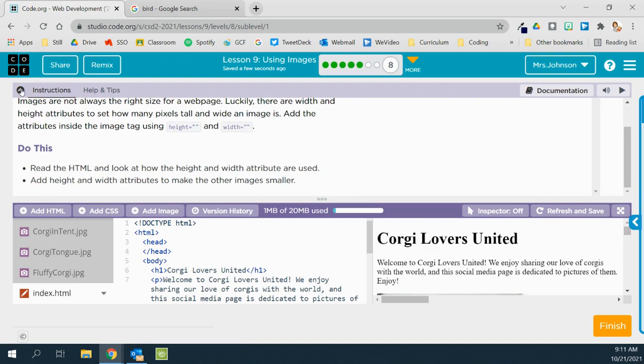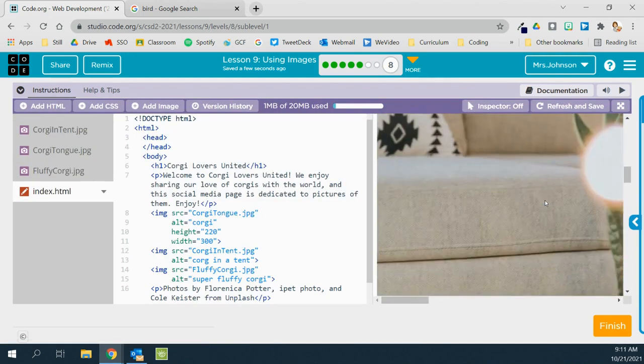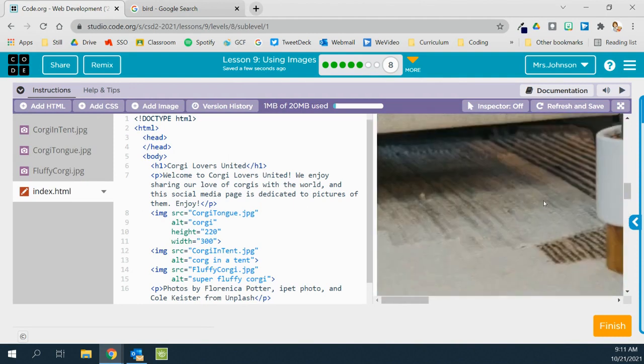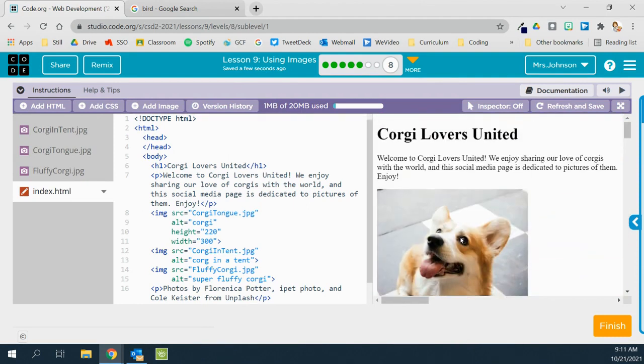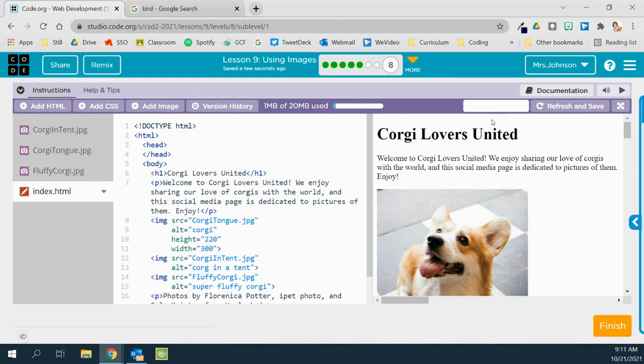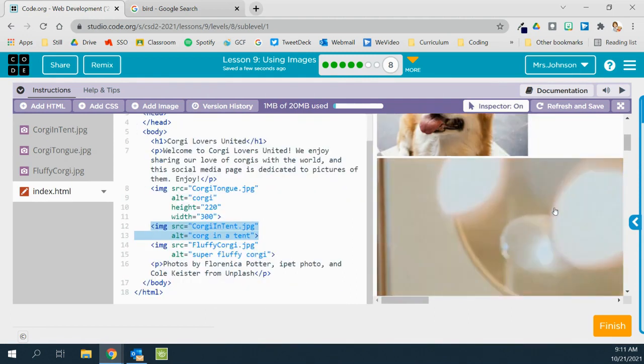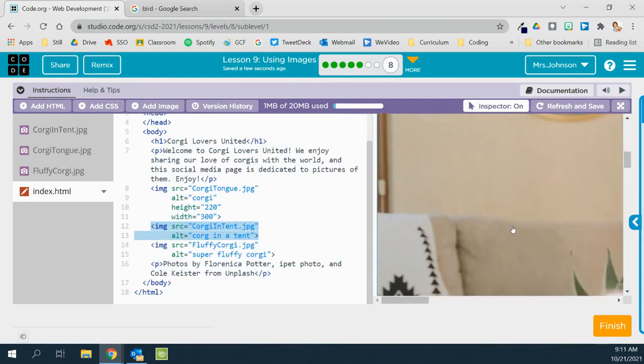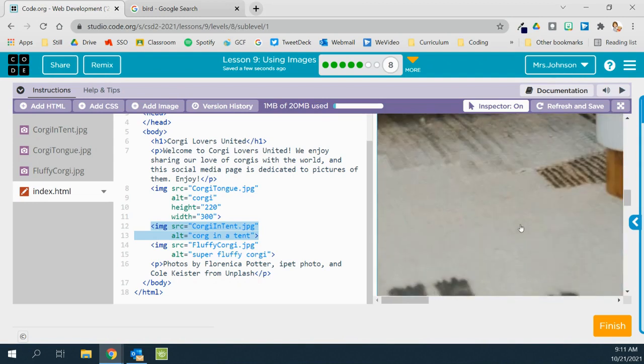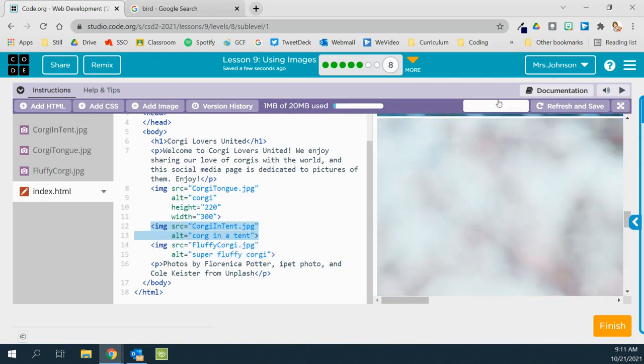So we're going to go ahead and look at our pictures here, and we see we have some that are really big. So that first one looks okay. This is the corgi one. I'm going to turn my inspector on. So that's the corgi tongue. This is the corgi in a tent. And then we have this one, which is fluffy corgi. So these are the 2 we have to fix. So I'm going to go right here after the alt. Turn that back off. There we go. I'm going to go to the corgi in the tent line, go to the end, and I'm going to do